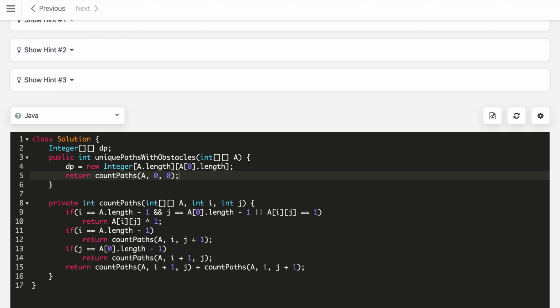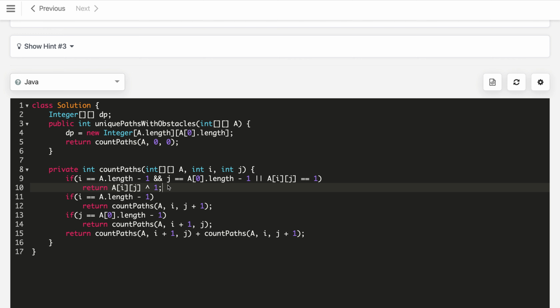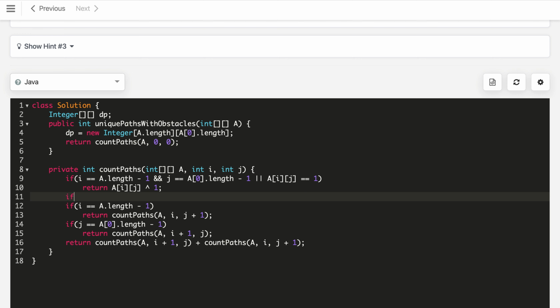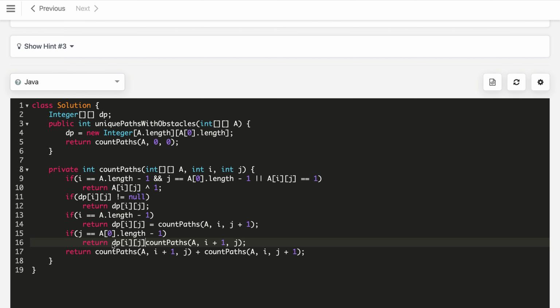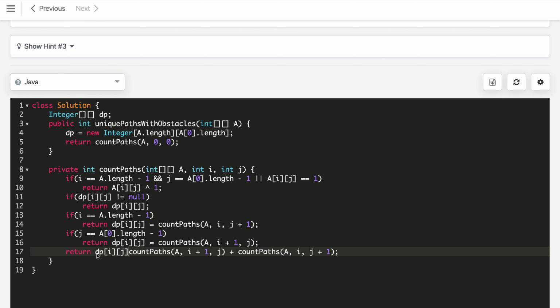So this is what we initialize the dp. Now before calling here, we will check if dp of i comma j is not null, which means we already calculated this subproblem, we will return from here itself dp of i comma j. Otherwise, if it is not previously calculated, we will calculate it and store it in our dp array as well,